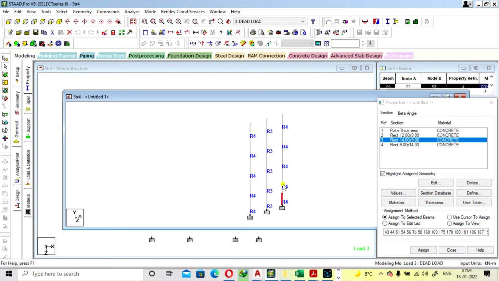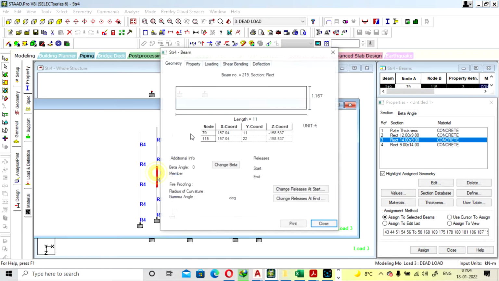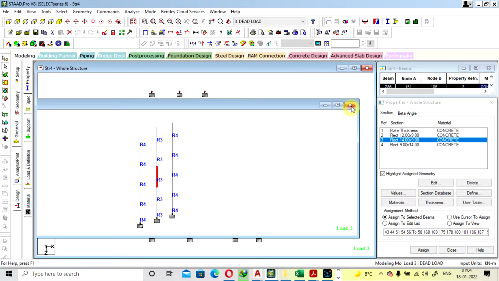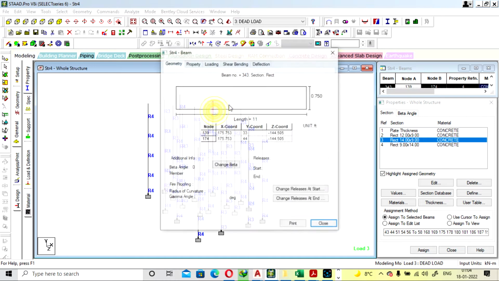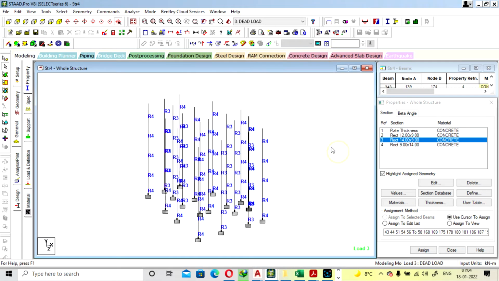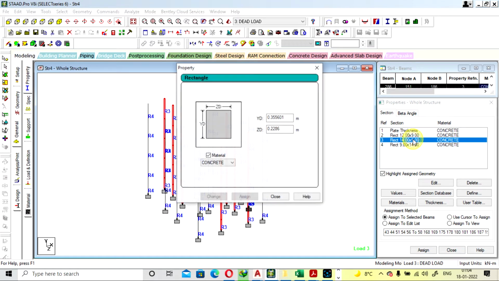So almost every column is failing. So what should you do? We can do one more thing. We can increase the size.